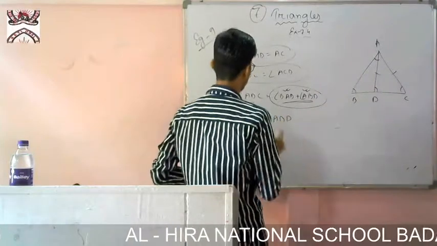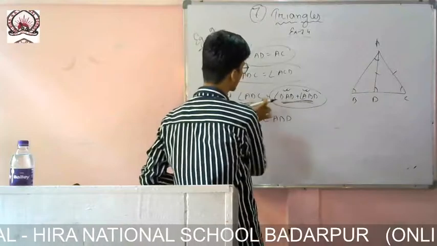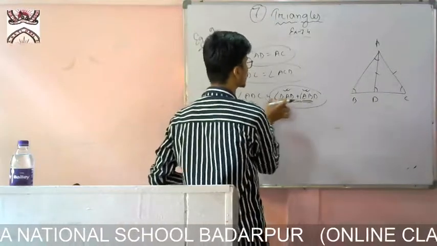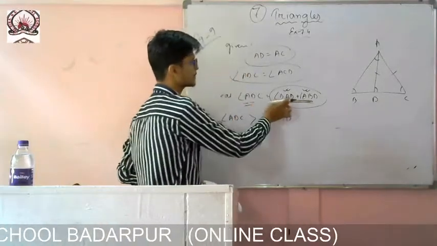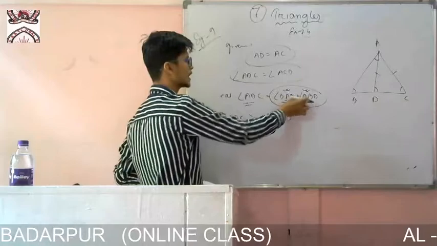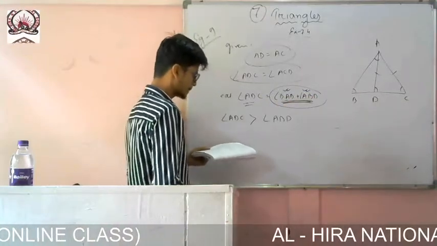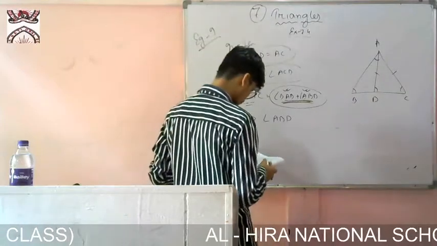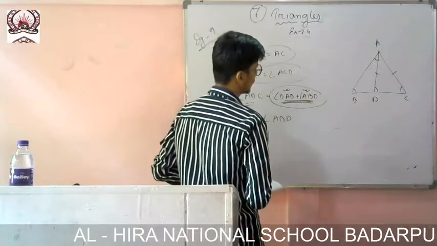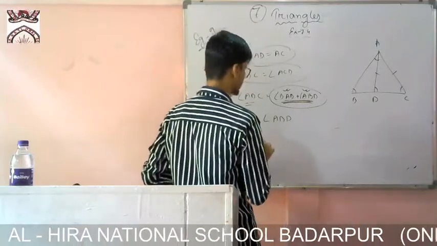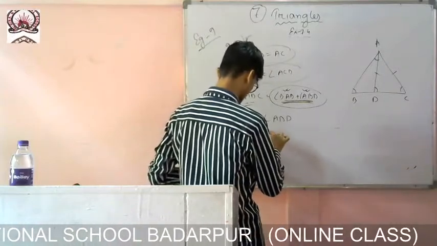From this one actually, ADC is the sum of these two angles. That means if I take particularly this angle, then also this one will be greater, because after adding these two I am getting that one. That means if I take only this one, it is smaller. So ABD is smaller than angle ADC. And another one the same way, ACD is smaller than angle ABD.